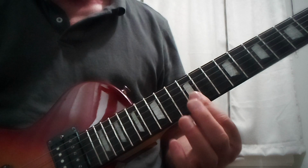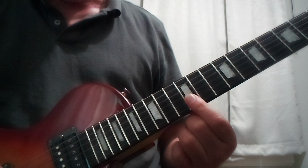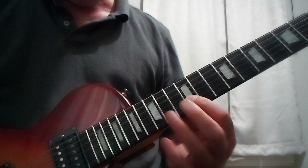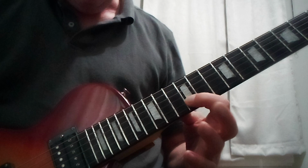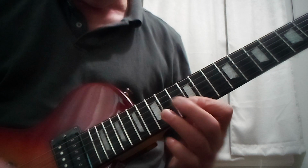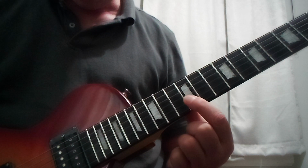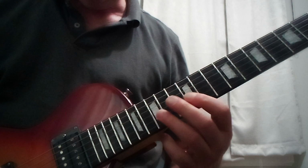What we're going to do today is bar across the 12th fret on the two highest strings, the B and the E string. We're going to fret the B and the E note here. I want to hit the B on the second string, then hammer on up to the D note. Then we play the note on the high E string at the 12th fret, which is an E note. So we pluck the B note, hammer on to the D, and then play the E. So altogether it'd be